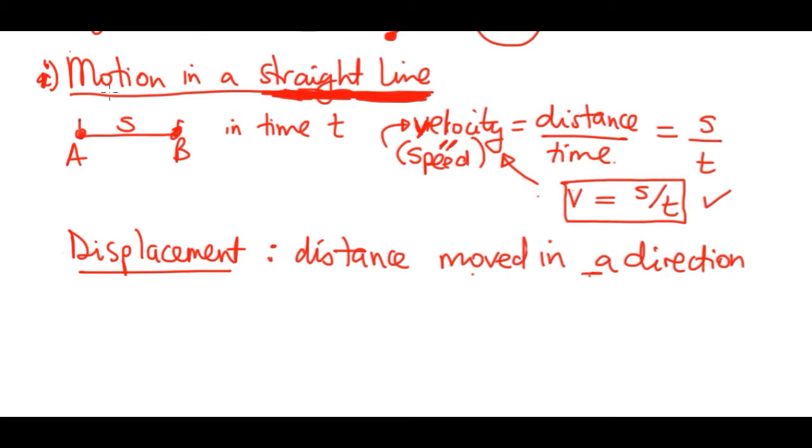When you're looking at our motion in a straight line, the direction is this: facing B, coming from A. This is the direction that we're moving in. So our S will be displacement if we consider that we are moving from A to B. That is the direction, right? Therefore, we are going to say our velocity,